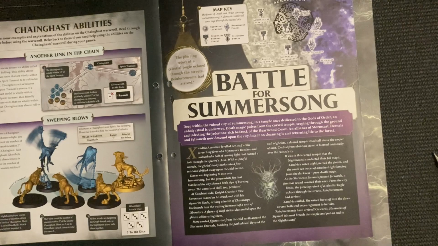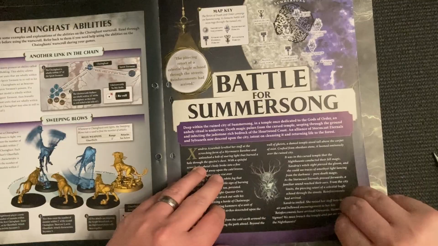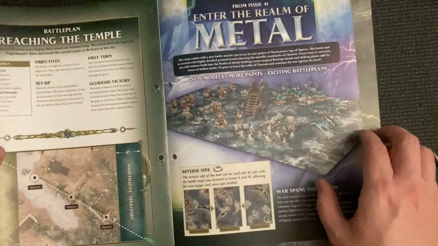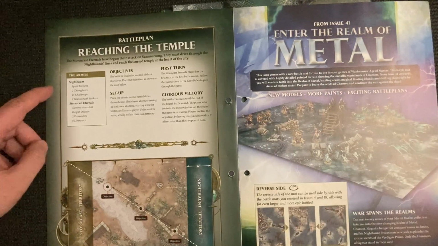Deep within the ruined city of Summersong, in a temple once dedicated to the gods of order, an unholy ritual is underway. Death magic pulses from the cursed temple, seeping through the ground and infecting the jadestone-rich bedrock of the Heartwood coast. An alliance of Stormcast Eternals and Sylvaneth now descend upon the city, intent on cleansing it and returning life to the forest. Okay, so we have got